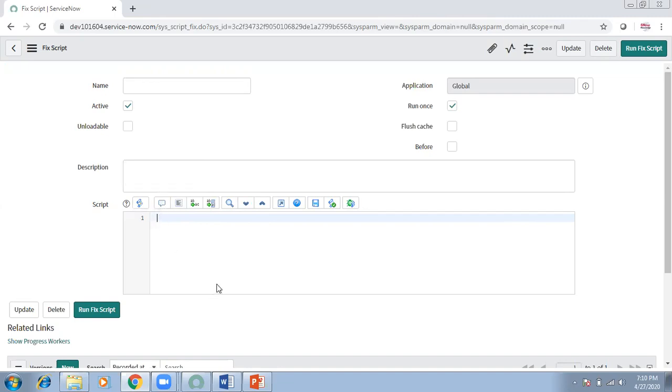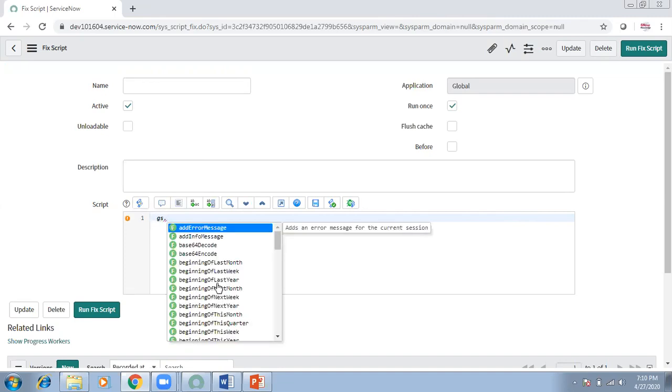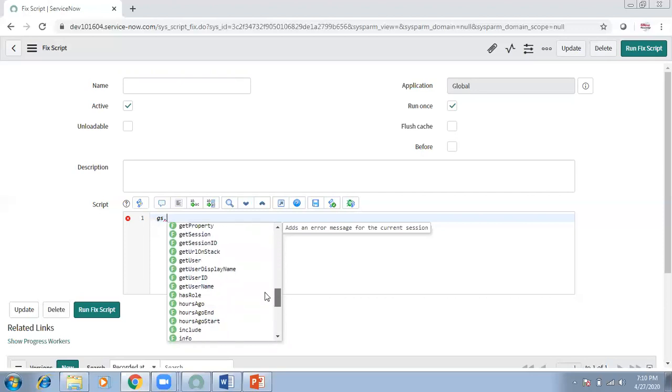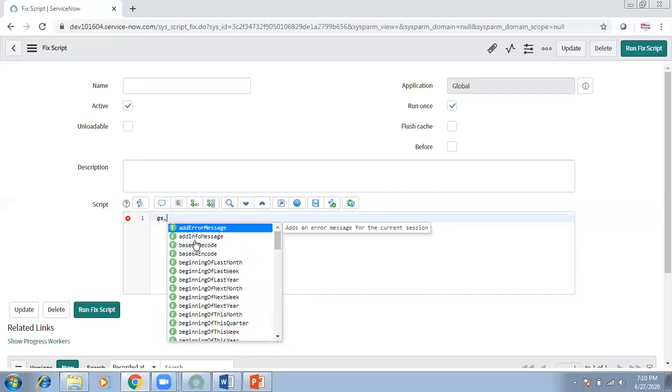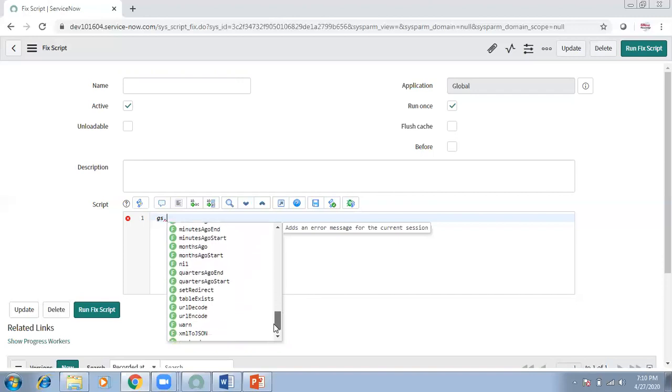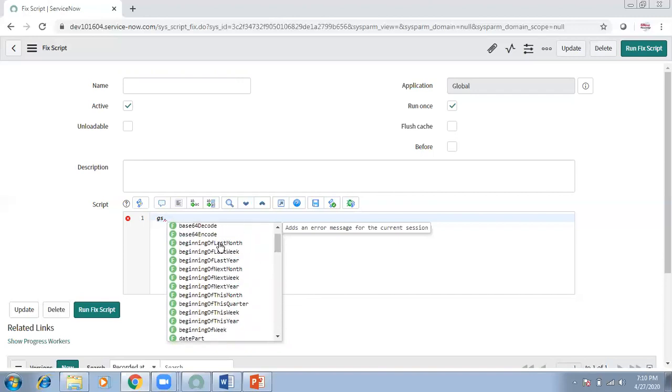Fixed script is a server-side script, so if I write the server-side class GS dot, it gives me a hint. GS is a class, and under that class it shows what functions ServiceNow has provided, like showing an error message or getting the next day.